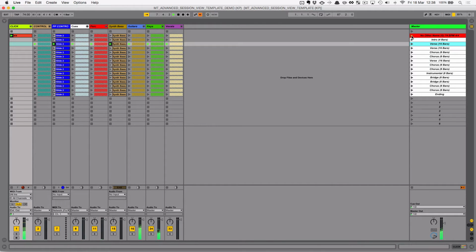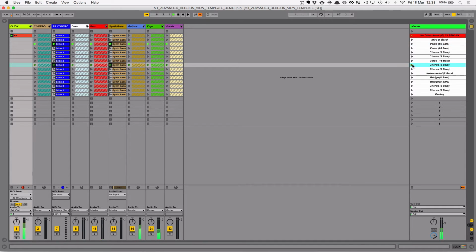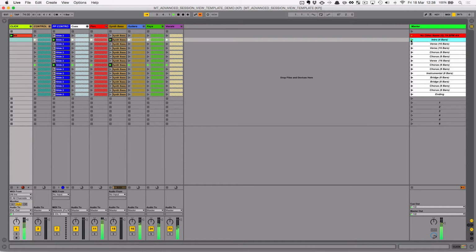Now of course I can jump around wherever I want to, so let's jump to chorus. On the next one, it's going to jump to the chorus. Let's go back to intro. So we've still got that ability to be able to map that way. But I've just pressed a single button on my foot controller,